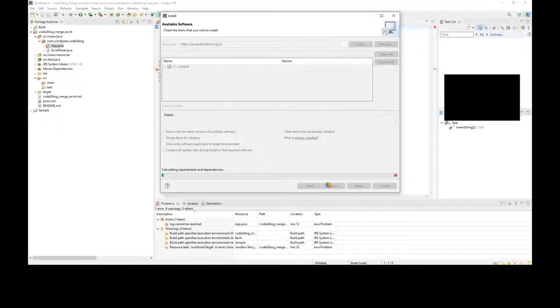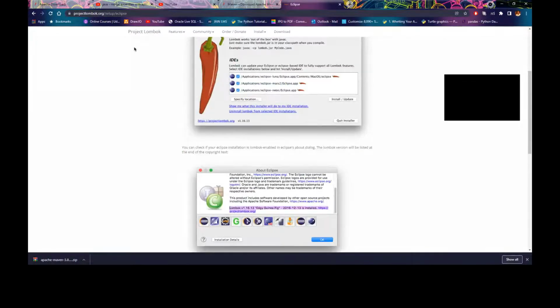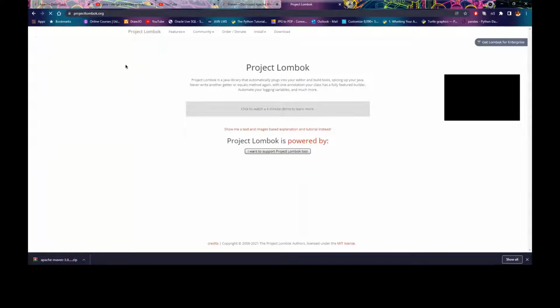Could you kindly provide information on what this Lombok is used for? Go back to the website called Lombok. Go to the main page. So Lombok is a Java library that uses annotations to help developers.